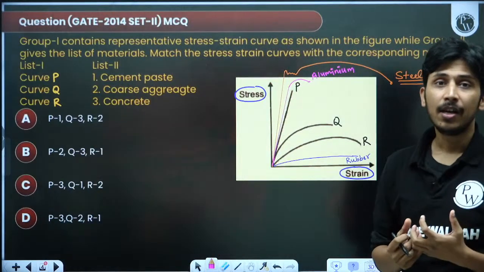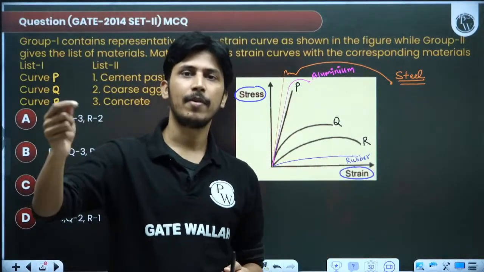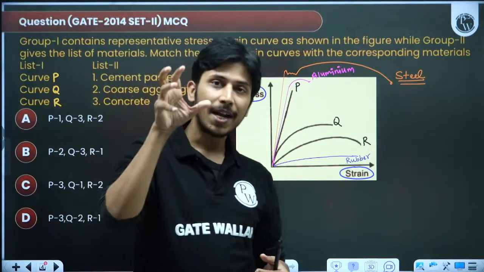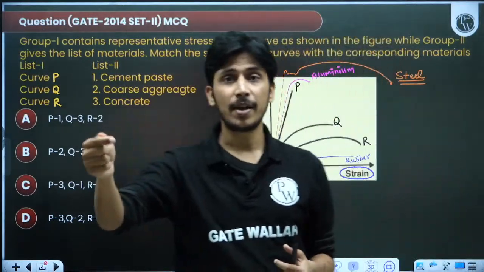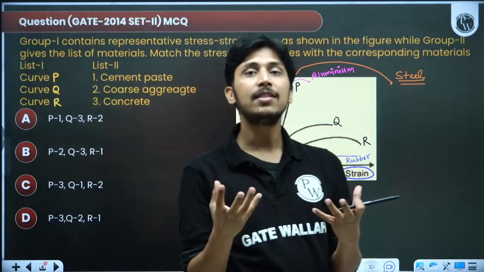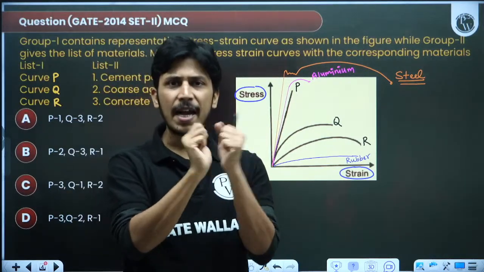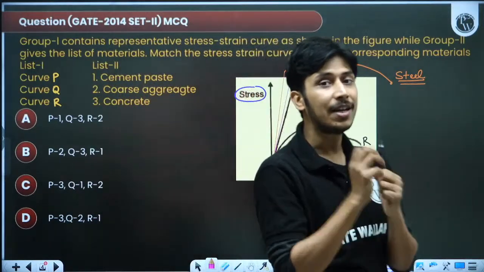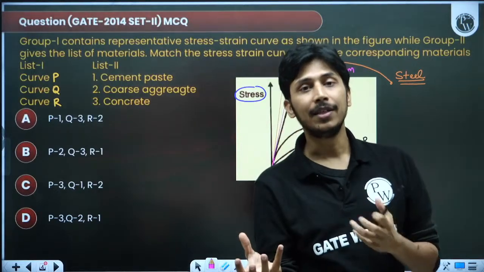What is indentation? Like if I have purchased a new vehicle and I'm moving with the vehicle and something has touched my vehicle, some very strong thing has touched my vehicle, there will be a dent on my vehicle. So resistance to that dent is called resistance to indentation. So indentation means a dent coming, and resistance to indentation means the strength against getting a scratch or a dent. So if you rub a stone and a glass, which will have scratches? Glass will have more scratches. So glass is less hard than the stone.